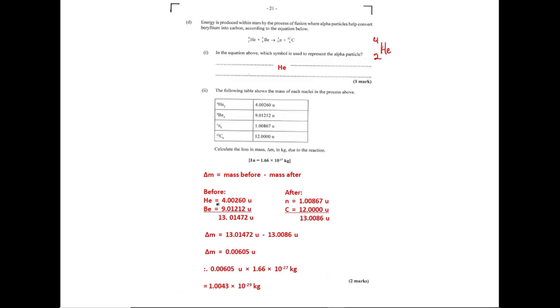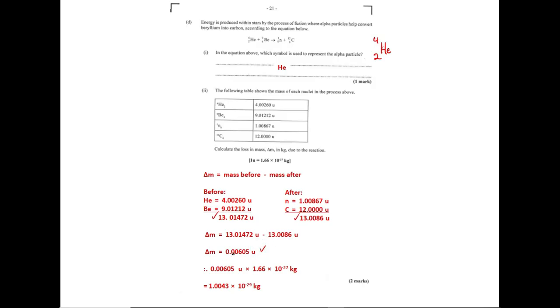So I added up the before. The before was helium and beryllium, and there were no extra molecules. It was just them. So I looked for their masses and I added them, and I got this right here. And then I did the same thing for a neutron and a carbon atom, and this is the mass I got here. Subtracted the after from the before. So mass before minus mass after, and I got